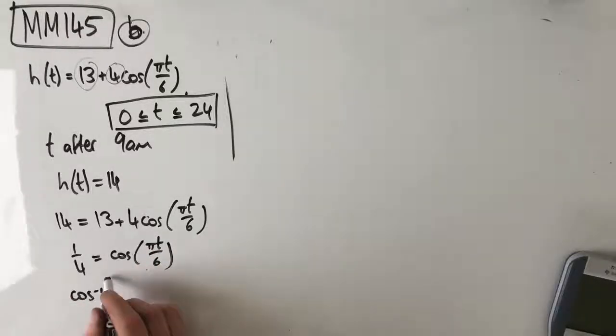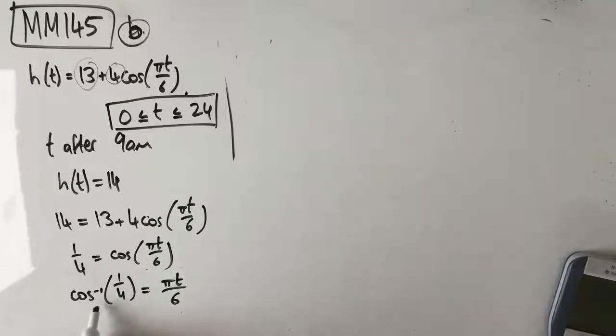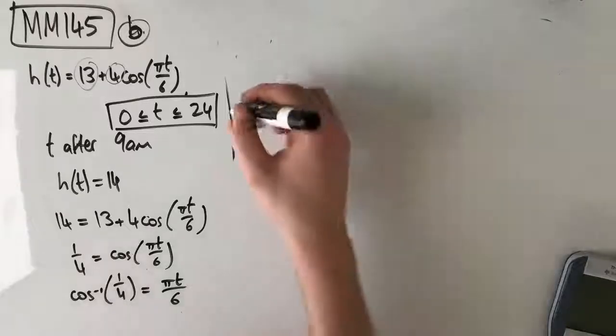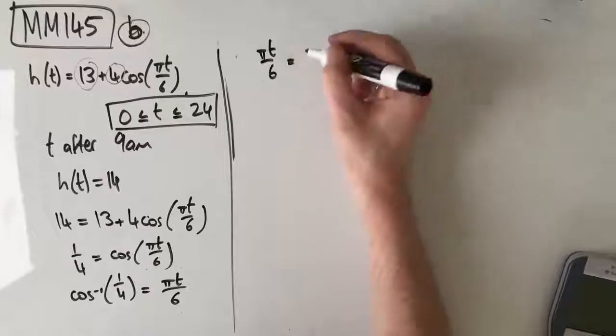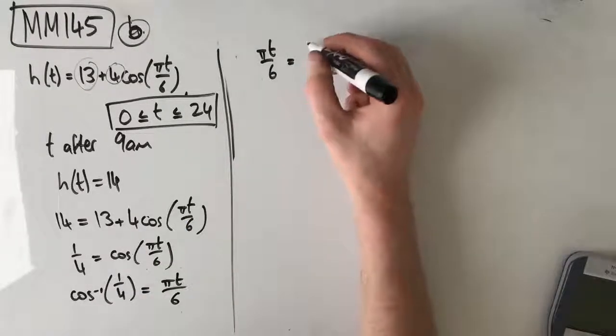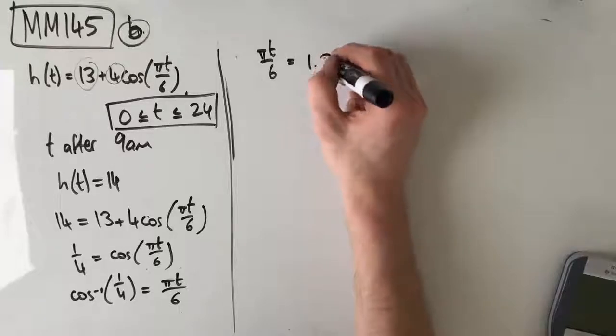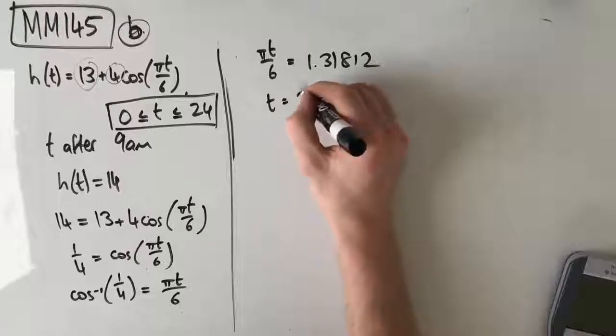And we just want the very first time that it equals 14 for now. So we know that the inverse cos of 1 on 4 is equal to pi t on 6, and remember we can use our calculator in this question, you're not expected to do this in your head because it's not an exact value, and pi t on 6 is equal to 1.31812. From here, t is equal to 2.517,